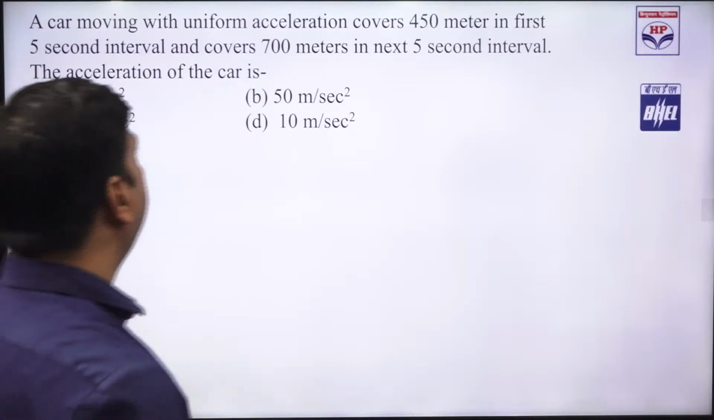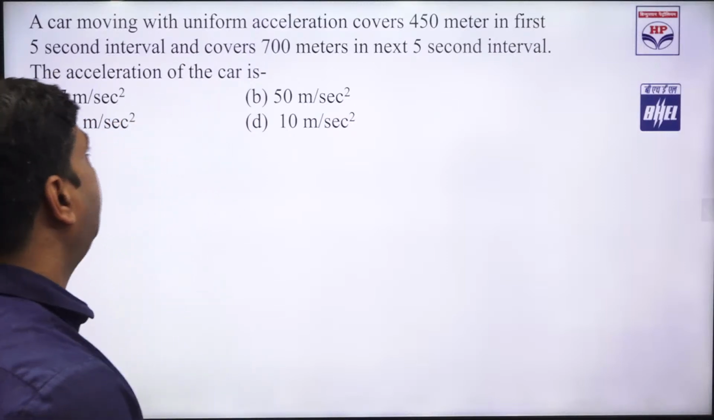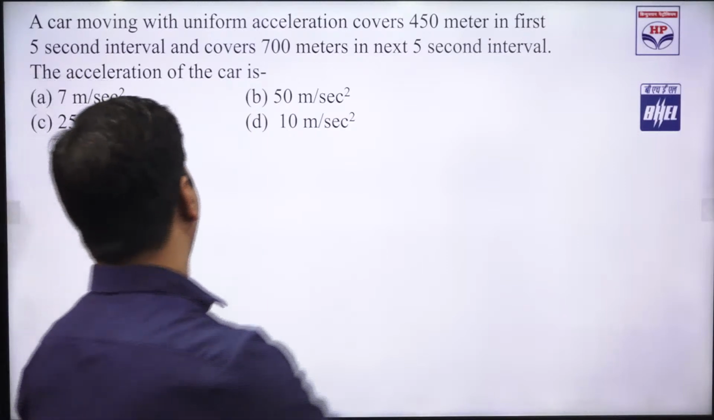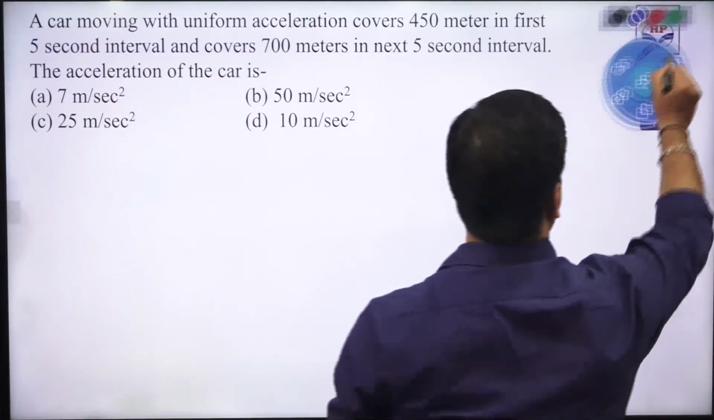Okay. A car moving with a uniform acceleration covers 450 meters in the first 5-second interval and covers 700 meters in the next 5-second interval. The acceleration of the car is? So this is just asking about